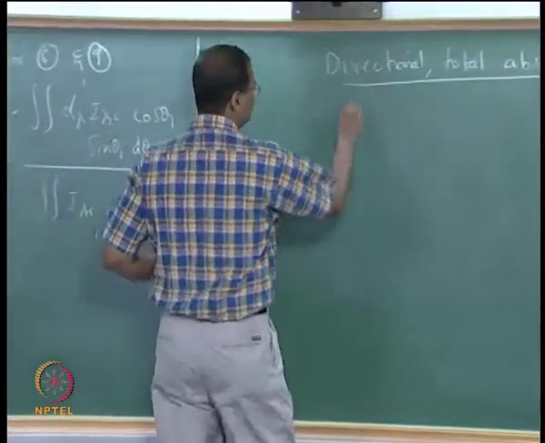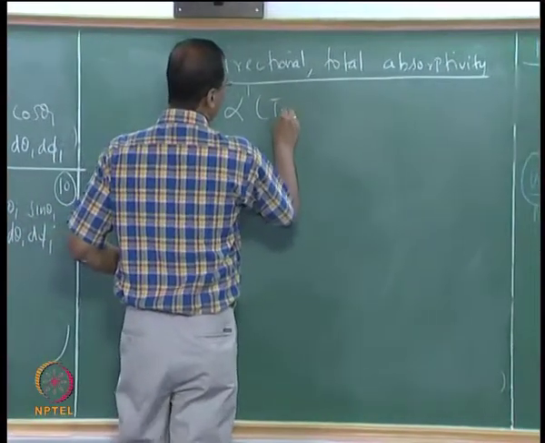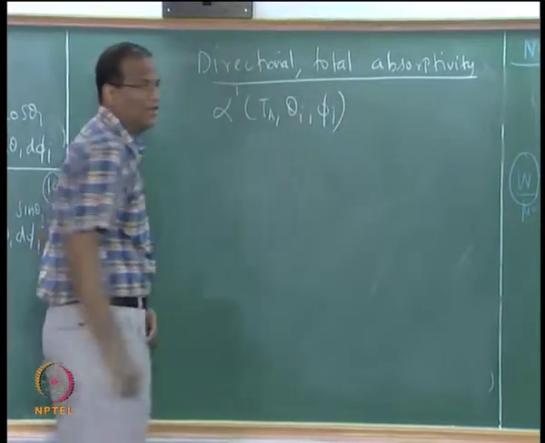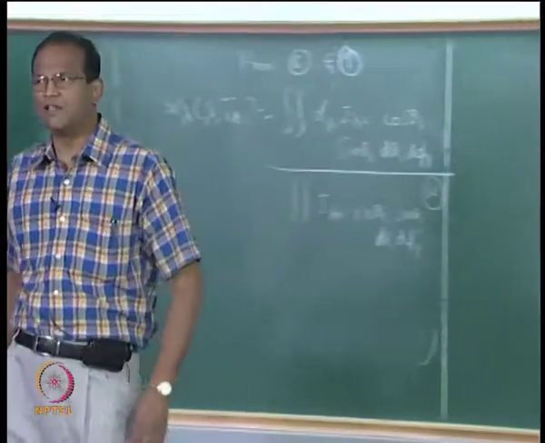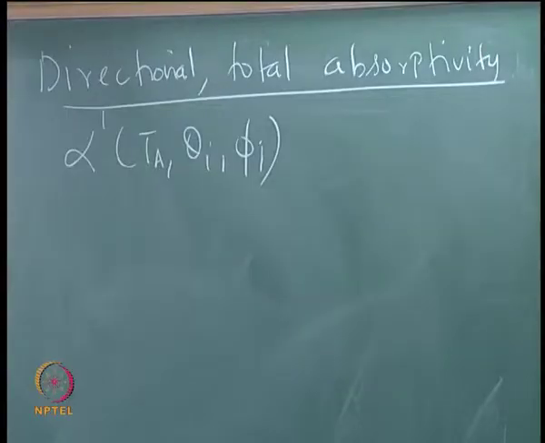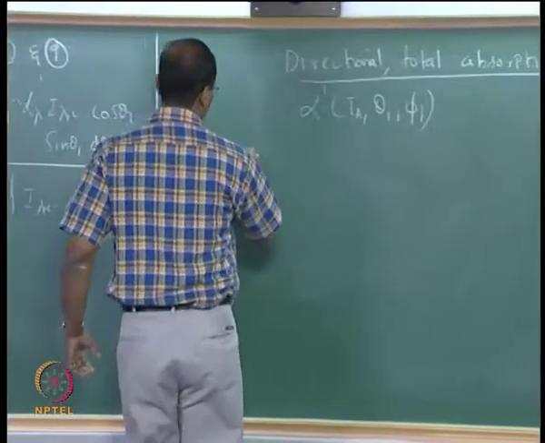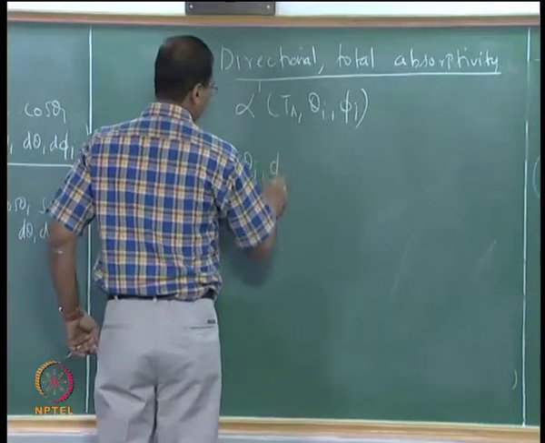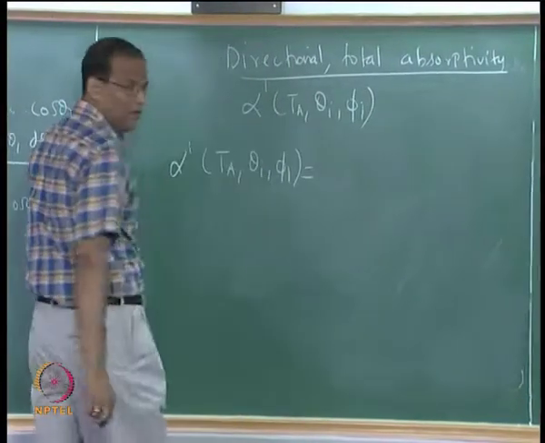Alpha dash. The lambda dependence goes because we are integrating with respect to lambda. Correct. Okay, so equal to